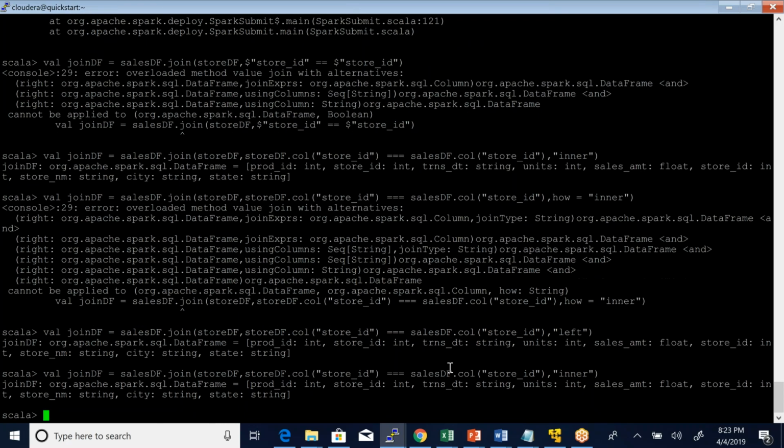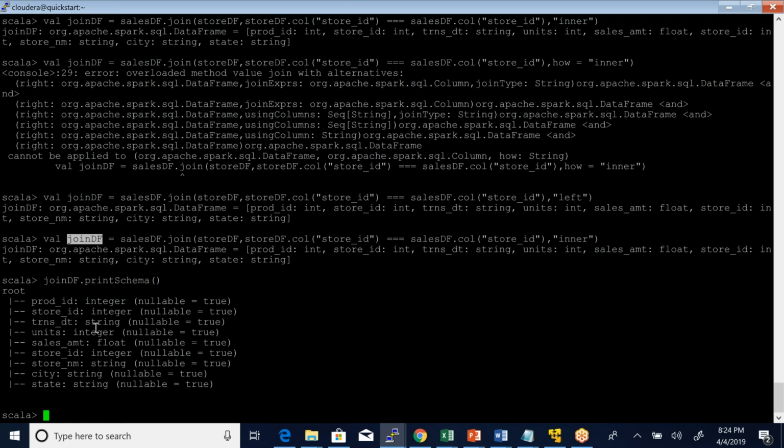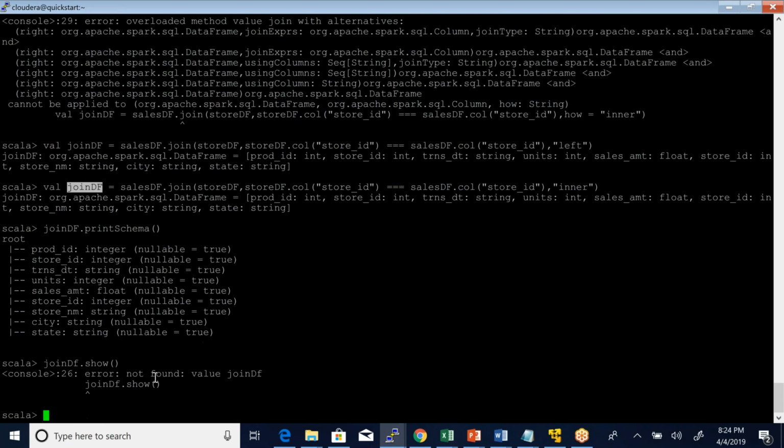Okay, so that means an inner join between the two tables. The joined data frame should have all the columns from both. If I do print schema, you will have the columns from both the tables: product ID, store ID, transaction date, unit, and so on, from both. If I go ahead and do join df dot show, it will give me